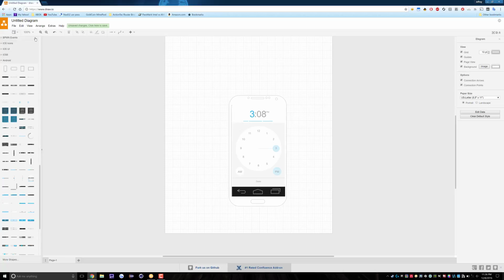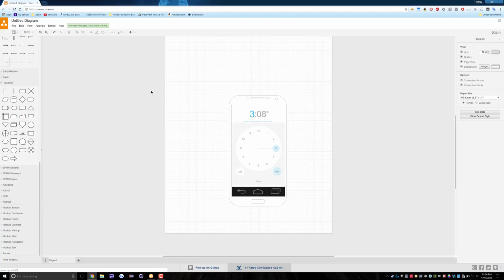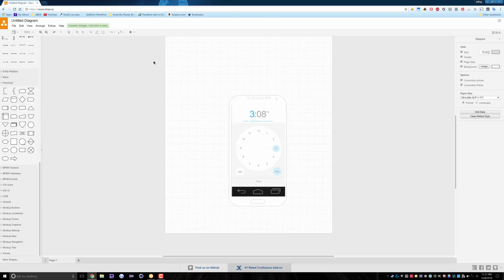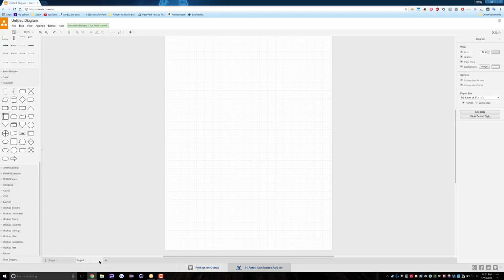And then once you're done using the application and making a simple UI template, you're actually able to go and save it locally, or like I said, you can save it to your Google Drive. Now there's a bunch of other features. For example, you can create multiple pages, have multiple things in the same document. You are able to change the grid layout if you don't want the grid, edit the data, edit the paper size,